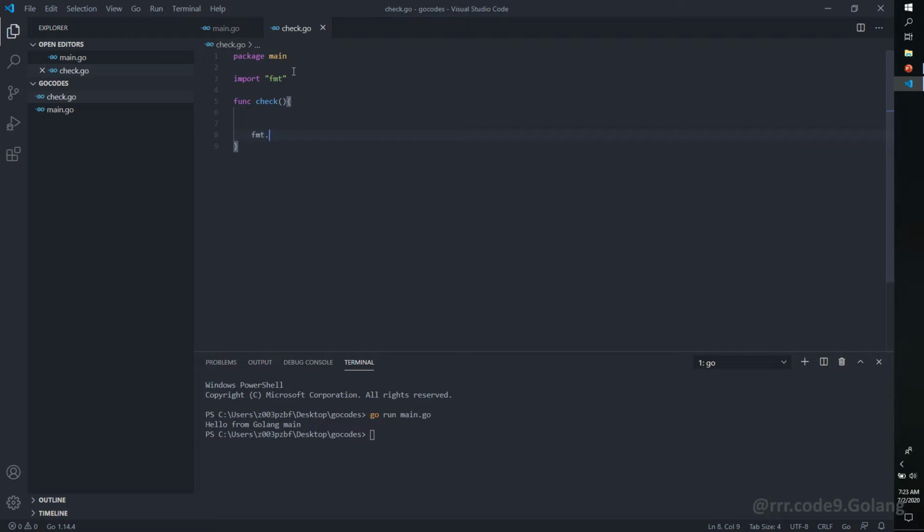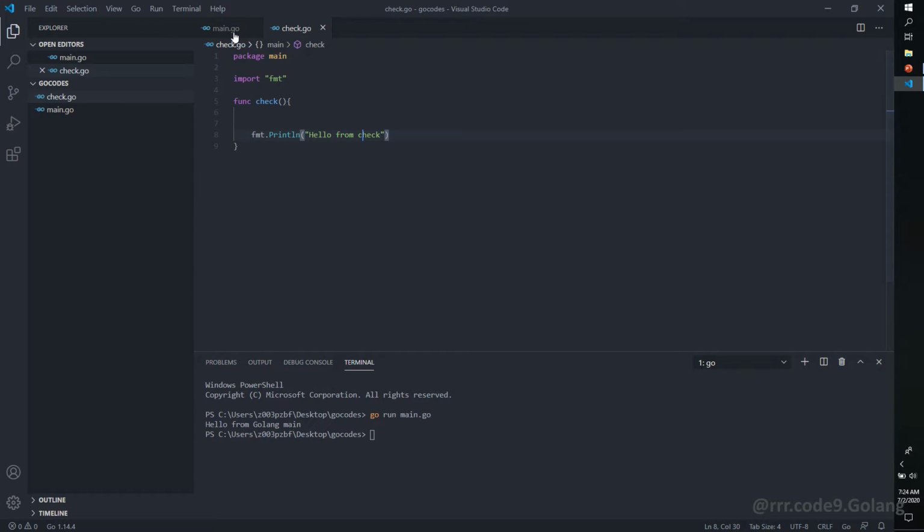Here we are going to write fmt.Println, hello from check. What we have done is created another file, check.go, under the same package main. So for main.go and check.go the package name is the same, and we have defined a function check inside the check.go file.